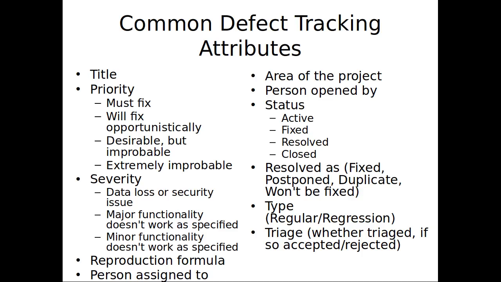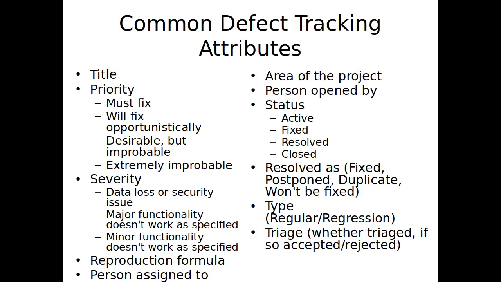So when we report defects, we often will report along with them a variety of types of information that will aid the assessment of these things, that will aid triage, that will aid sanitization, and aid in understanding of where this is. And what's very common are ones that you see here. The title, some short title, a priority associated with it. Is this a must fix? Is this a kind of opportunistic fix? Should fix, but as time